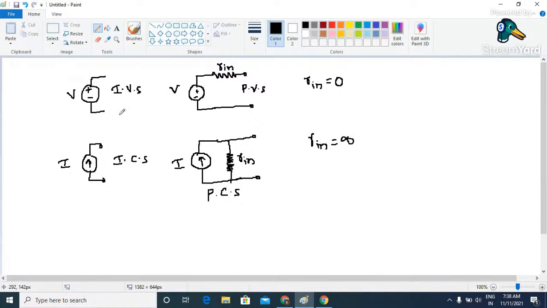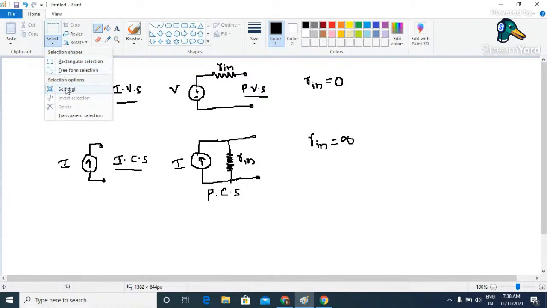So finally we conclude that the internal resistance in case of an ideal voltage source is going to be 0, in case of practical as low as possible. The internal resistance in case of an ideal current source is going to be infinite, and in case of practical as high as possible. So this you have to remember. Now